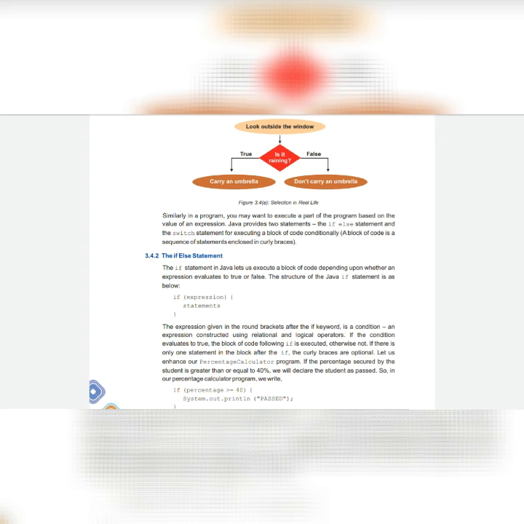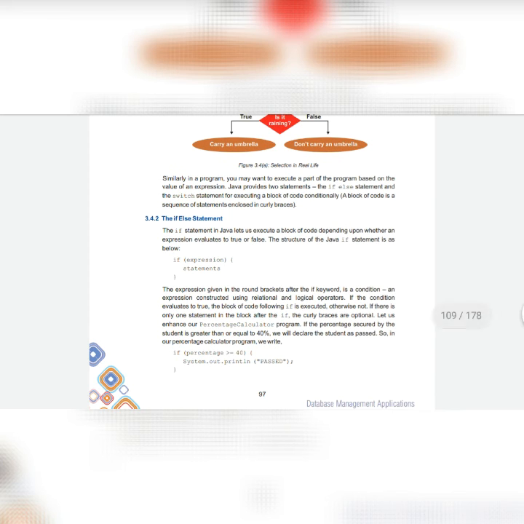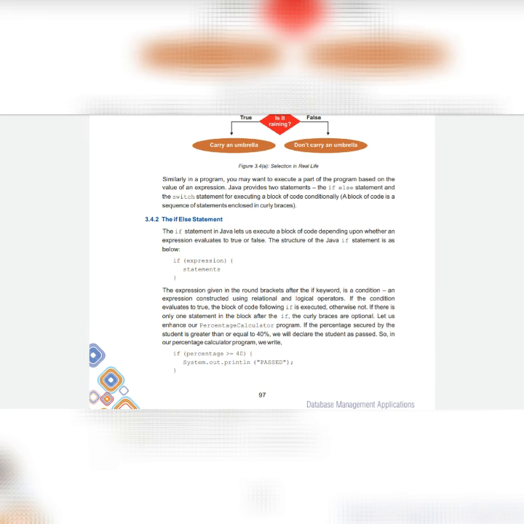Now here is the syntax for if. Firstly we will study only the syntax for the if condition. So if, in brackets we will write the expression, meaning the condition, and in curly braces we will write statements. So in the curly braces we will write the statement. This is what? This is the block of code. Okay, a block of code in which you will write multiple statements in one block.